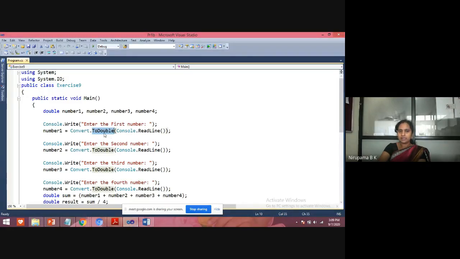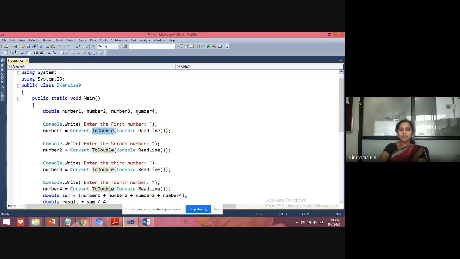If I give the input as a decimal value also, it will take it. It will not execute only for whole numbers; it will also give the output for decimal values.